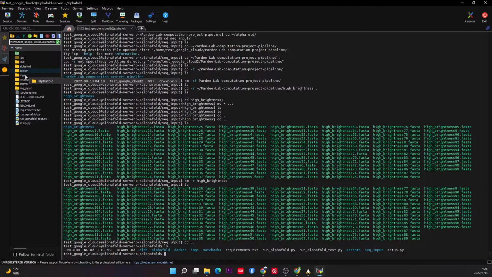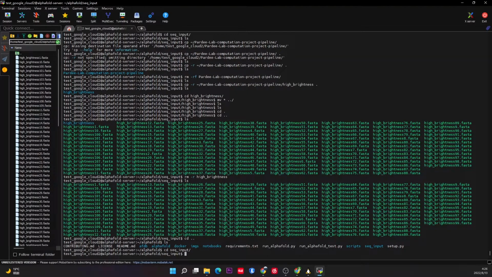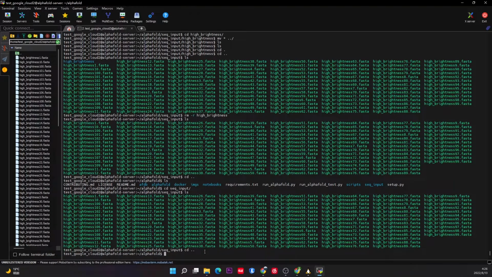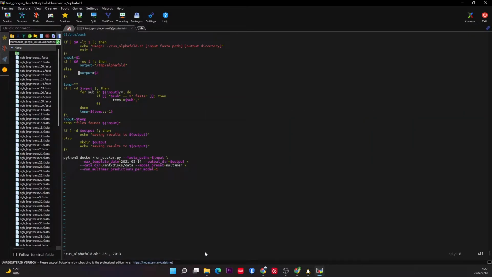So here's the folder I prepared called seek inputs, which contains a bunch of FASTA files, and AlphaFold uses FASTA files as the input, which contain the amino acid sequence info, and can be single chain info or multiple chain info, which is marked inside the file. For the pipeline, I wrote a shell script for running all the files inside a folder in one call. The shell script is called run alphafold.sh,